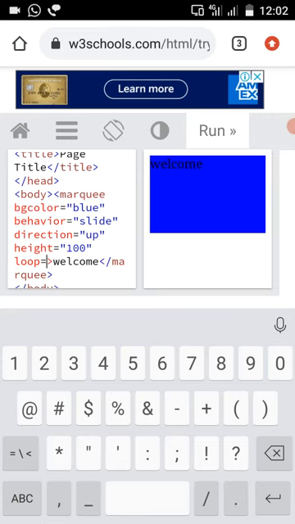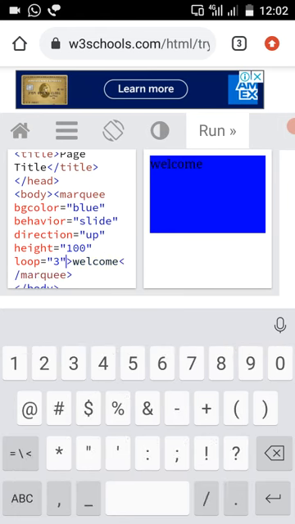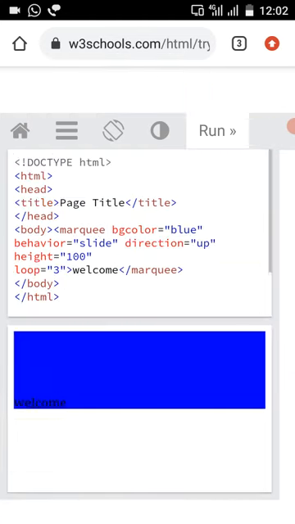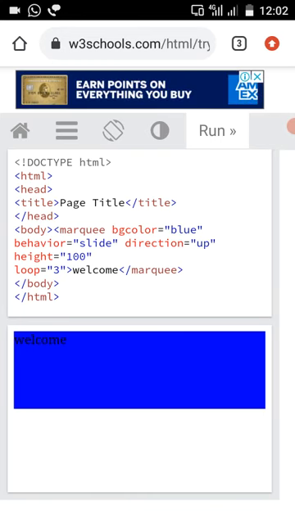Here I'm using a loop of 3, so whatever text is slided should be slided up to 3 loops. Let us look into the example now. This is the first one, second one, and the third one. Up to 3 loops it was repeated.